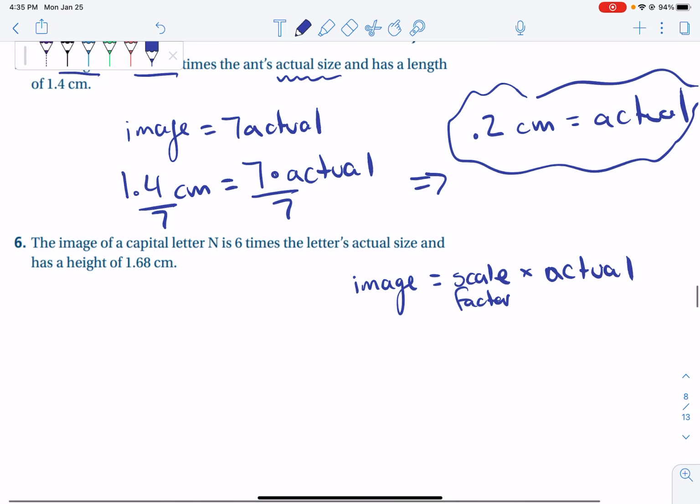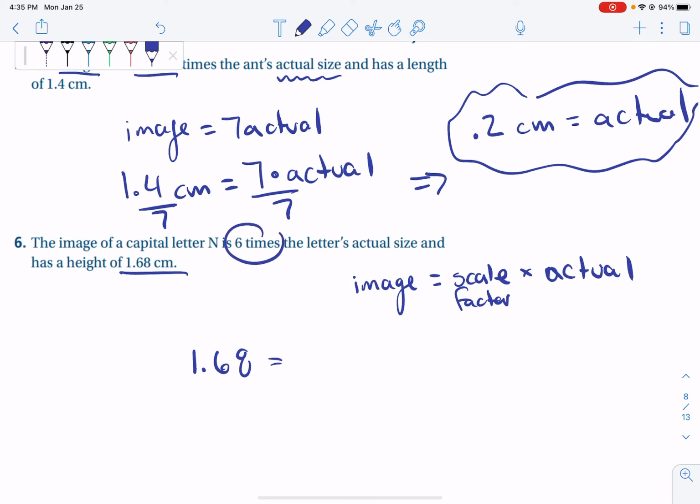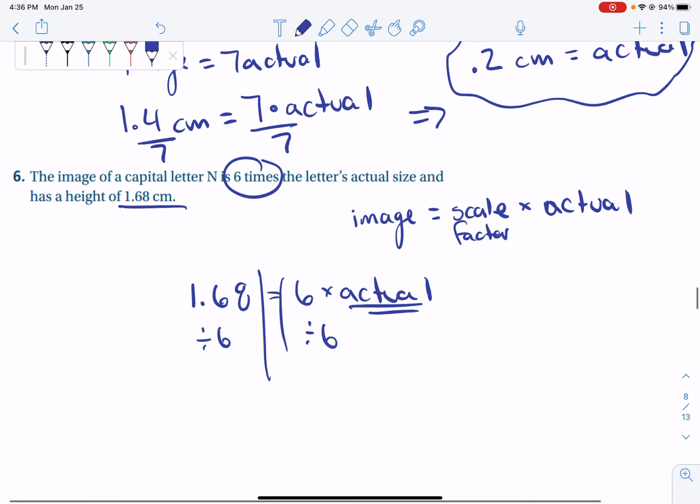So looking at number 6, the image of a capital letter N is 6 times the letter's actual size, and it has a height of 1.68. So the image is 1.68 tall, and that's equal to my scale factor, 6 times my actual, which is what I'm looking for. So when I do my railroad tracks, I just divide by 6,